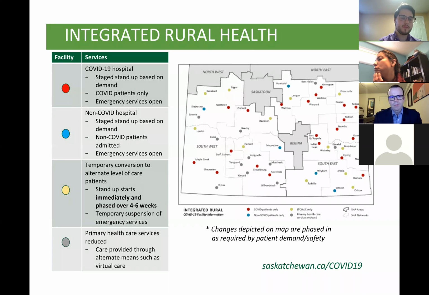I'm hopeful that that doesn't happen in Saskatchewan, but we need to be ready in case it does. And part of that strategy was to create spaces in our larger centers by converting these sites to alternate level of care temporarily, and also temporarily suspending emergency services allows us to take those nurses and doctors that were working in those locations, bring them into those regional facilities and other facilities that are going to be supporting those kinds of surges. For example, getting them intubation training,